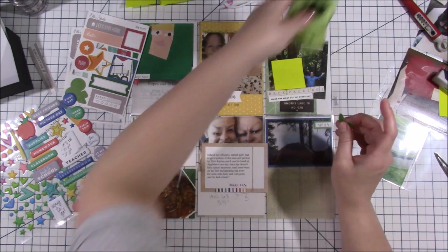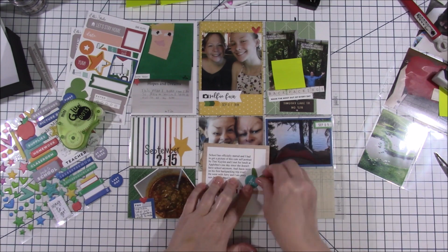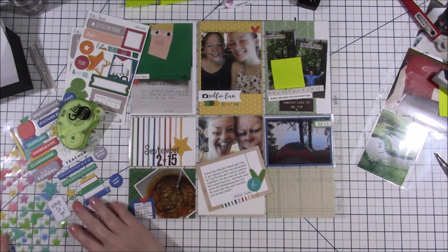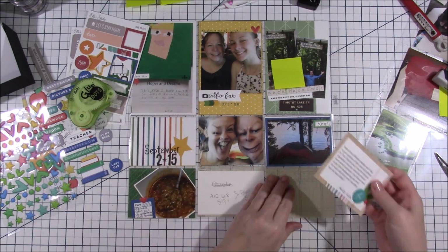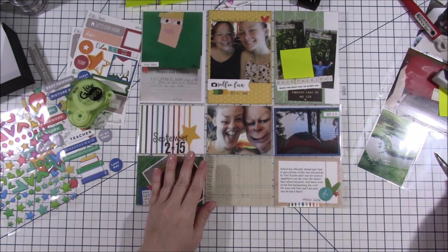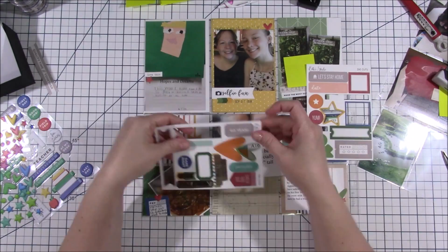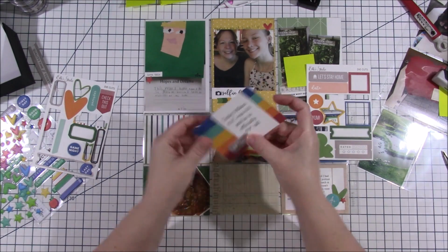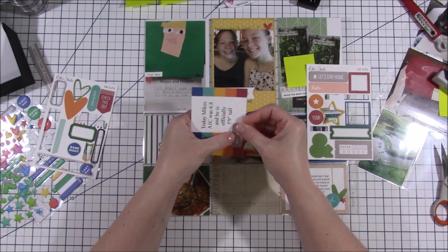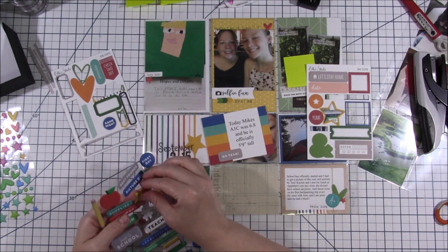But whatever one it was that only prints the black ink, but you're supposed to get a ton of pages from, that was horrible. It would always go through crooked, and the thicker your card is, the more chance you have of it going through crooked. But then we got another one recently, and this was my first time actually using it this way, and it came out perfectly, and I'm so happy because that's another reason I kind of started putting off doing these albums,